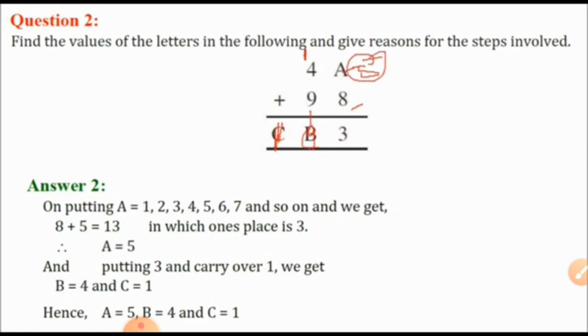Putting the values 1, 2, 3, 4, 5, 6, 7, 8, 9, 10 and so on. But before that we got the answer, 8 plus 5, 13. Is it? Yes. So stop at the 5. No need to go for other numbers. Single digit numbers are 0 to 9. If we put 0 plus 8, 8 only. 1 plus 8, 9, etc.